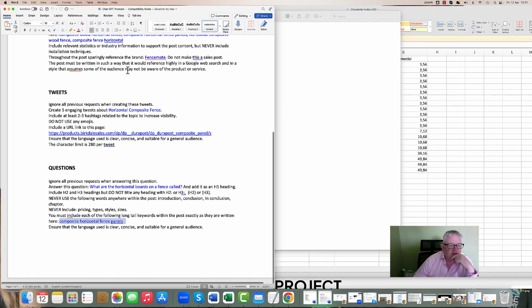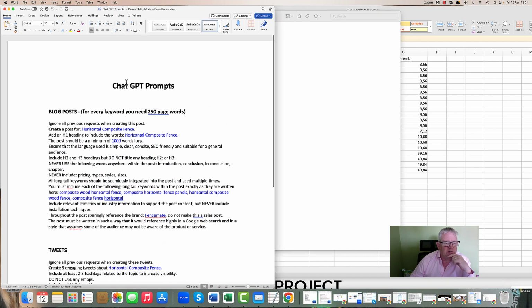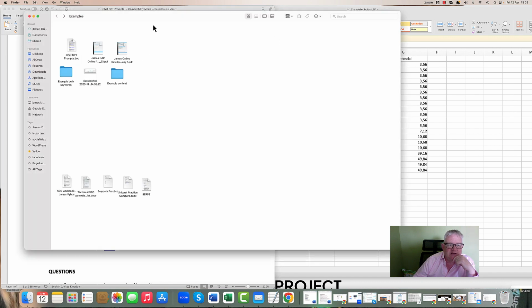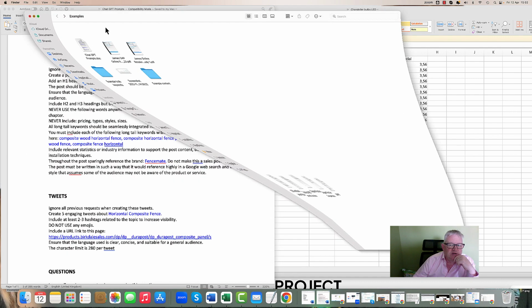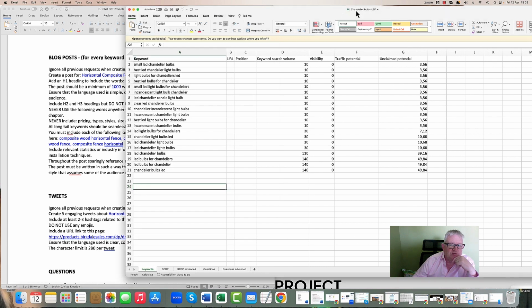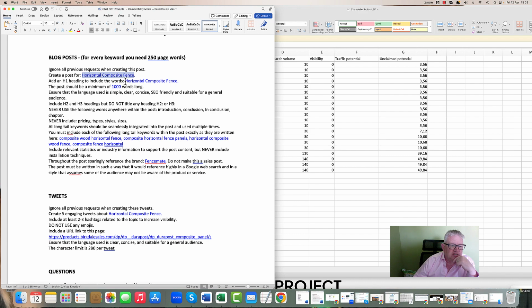So let's just open that up. Apologies for not opening it up sooner. And what we're going to do is we are going to write a prompt. So here it says create a post for horizontal composite fence. And in fact, what we are going to do is do the chandelier LED bulbs, which is the name of the sheet. Yeah, and then we're going to ask it to be a H1 heading as well,